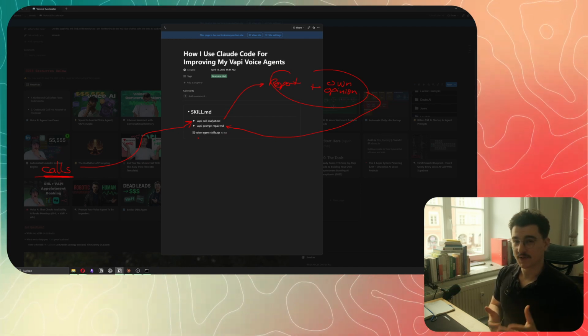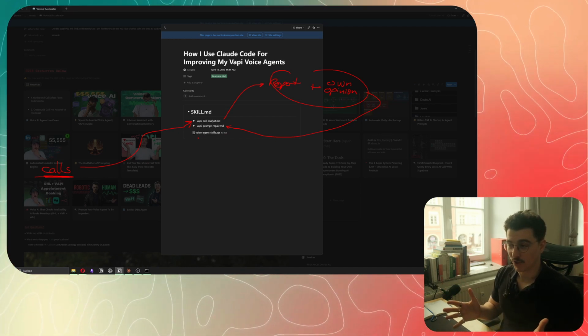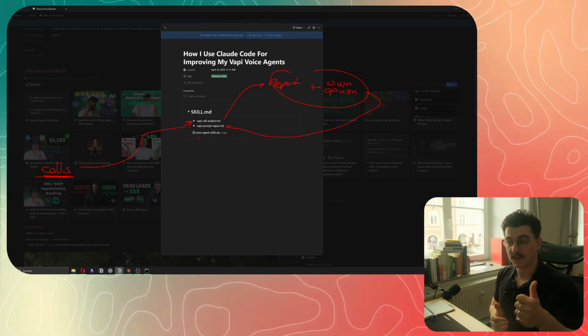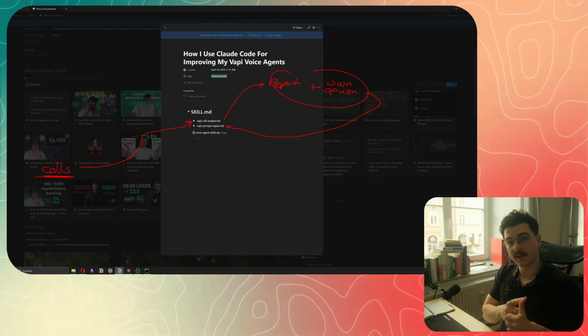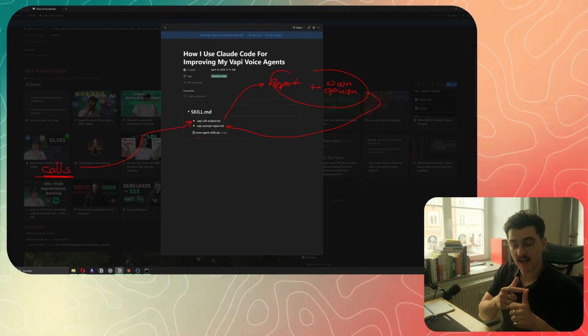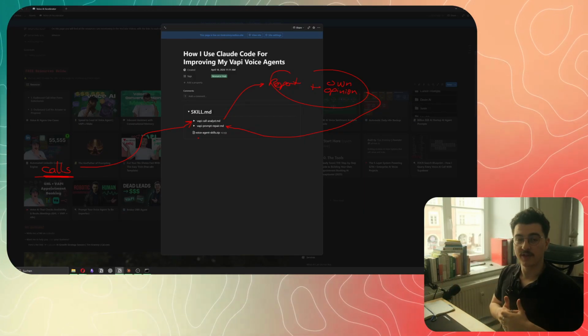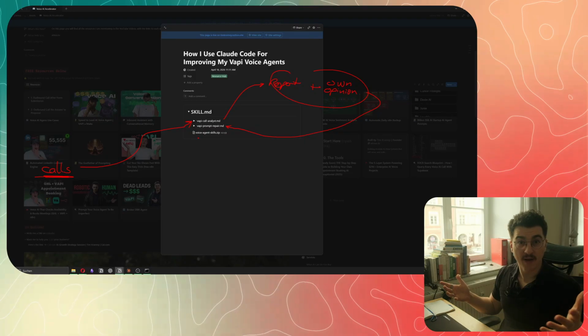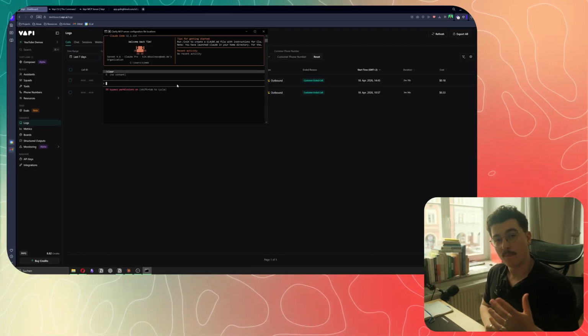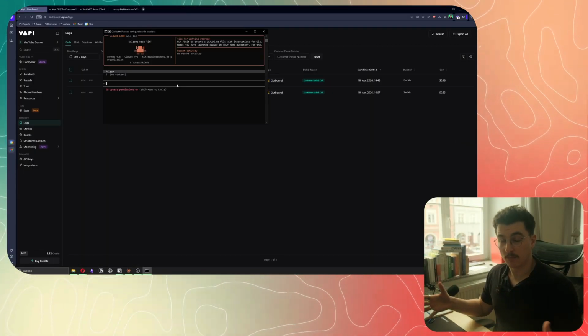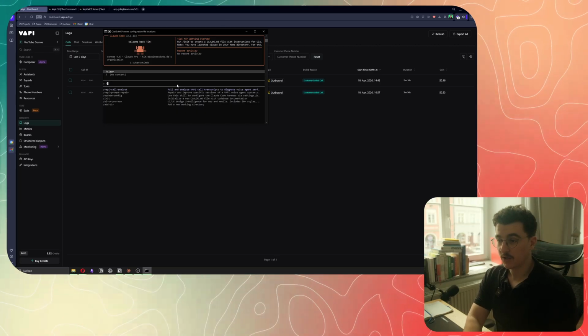If that sounded a bit confusing, I'm sorry, but at the end of the day, it's very simple. We first analyze it with AI. We add our own opinion to this analysis, and we both put it into another skill, which then actually repairs the system prompt. Now, back in Claude Code, we will actually jump right into using the skill by doing /